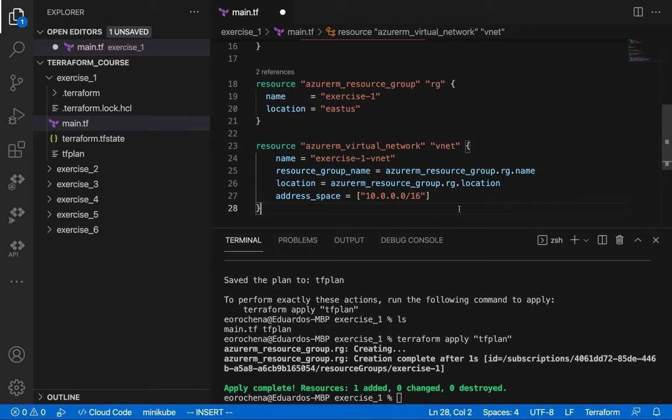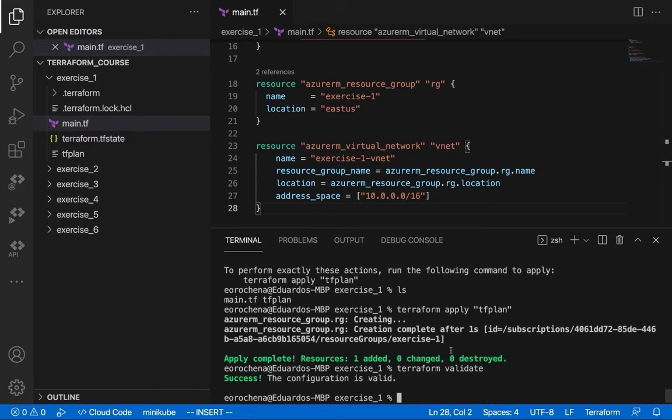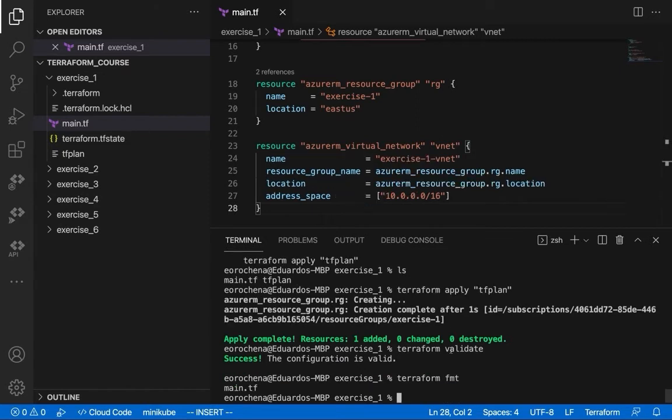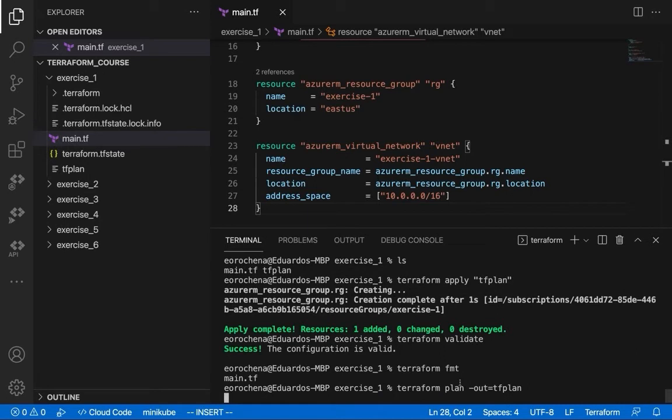So let's save it, and let's make sure we don't have any syntax error with terraform validate. No errors. terraform fmt. Okay, now it looks nice and pretty. terraform plan -out=tfplan. Okay, so basically